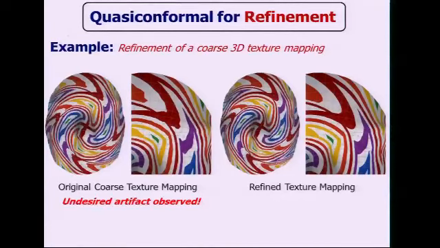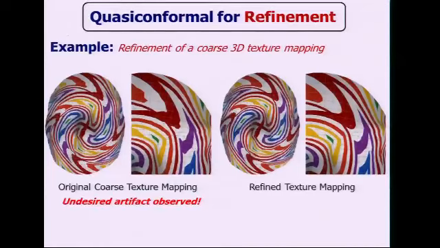So here is one application in texture mapping. Actually, one of the motivations of this project is texture mapping refinement. Here we have a texture map on the surface given by a coarse texture mapping. You have a texture map, really a coarse texture map to the image, and then project it back to